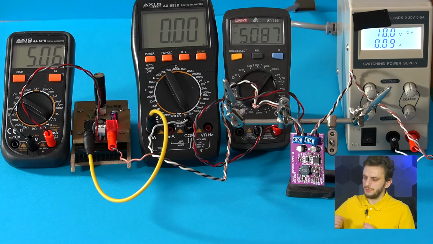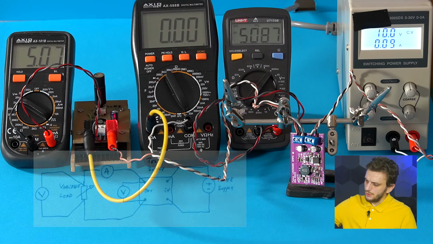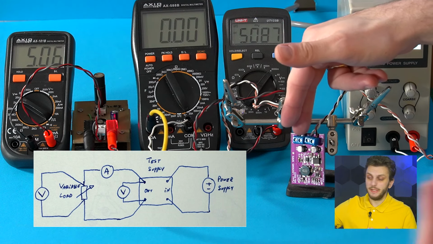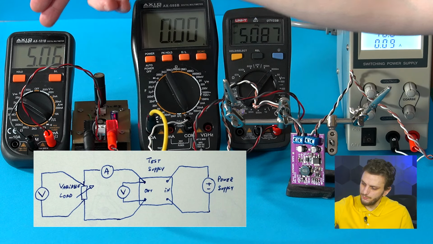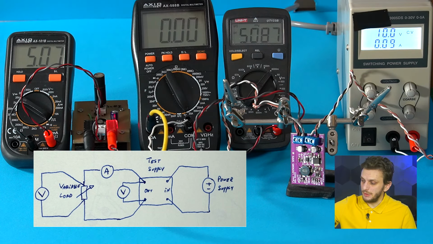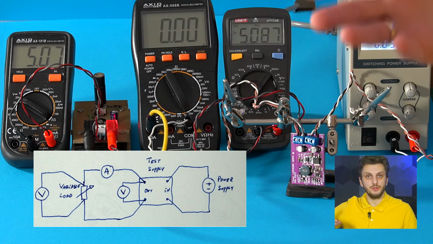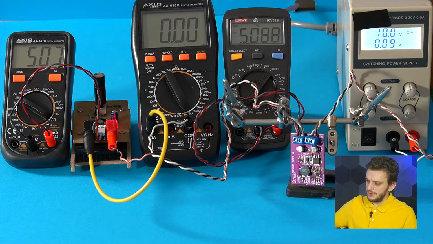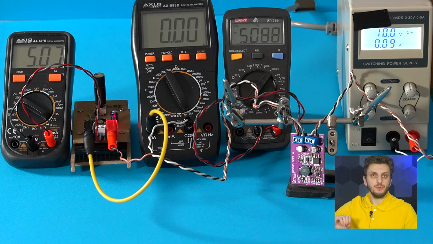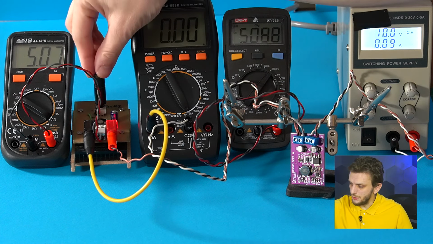If we now come back to our experimental setup and change things a bit, what I did here, I kept the voltmeter that measures the output directly on the power supply output, but the second voltmeter is measuring the voltage at the load, while the ammeter stayed in the circuit to measure the current consumed. So what we can see is that at very small load values, the voltage at the supply output and the voltage reaching the load is more or less the same, so any difference is quite small and usually negligible. However, if current gets increased,